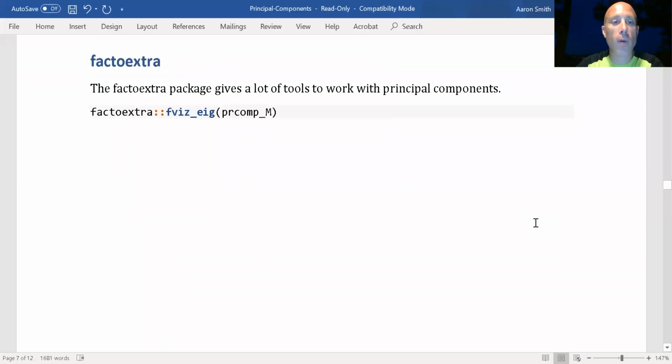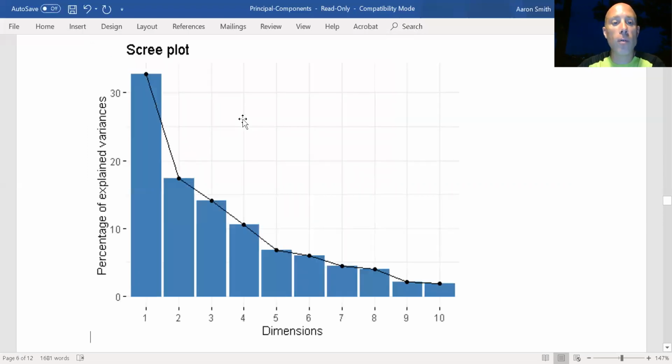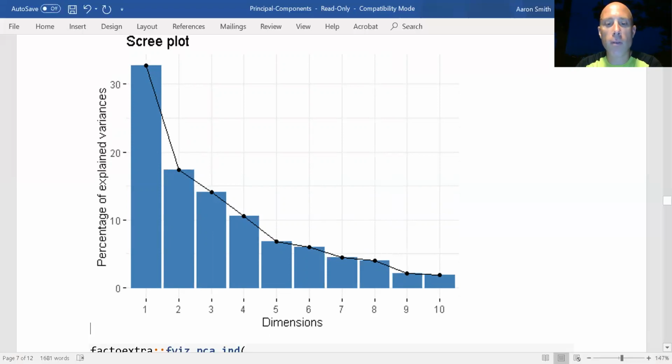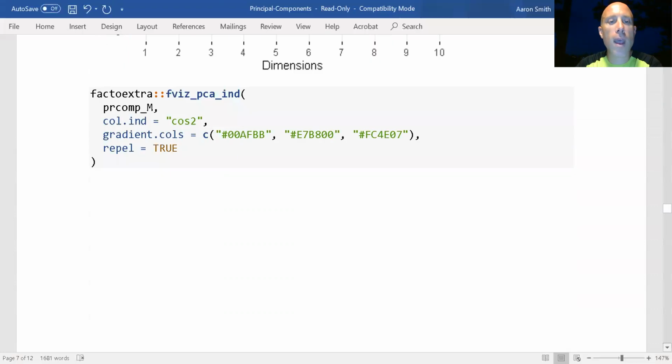Whoops, went a little bit too far. The factoextra package gives a lot of tools for working with principal components. It's really nice. It's pretty slick. So the first one is to look at the eigenvalues. And eigenvalues correspond to the standard deviations or the variances. Of course, there's a square root difference. They correspond. So we can see that it decreases like this. It uses a steel blue color to look at, which makes it a little bit easier. That's nice. Now what I want to do is plot the individual